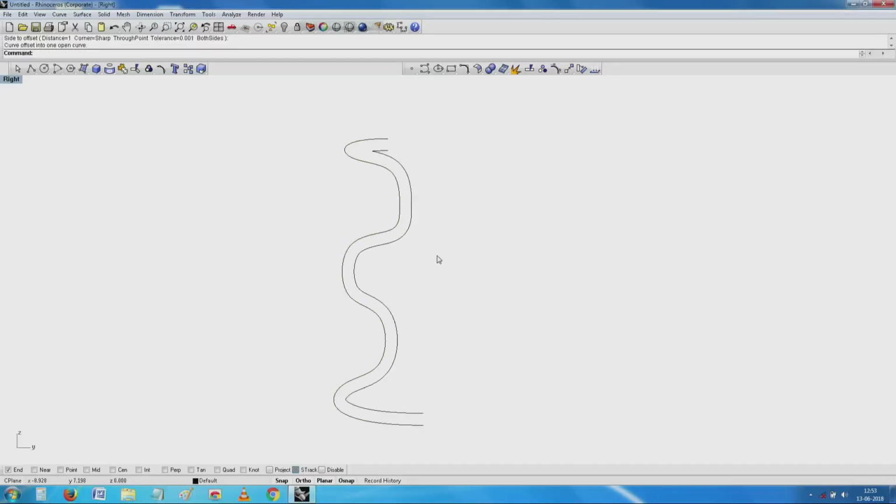See, I have got a thickness built inside already. This is where you have a slight advantage compared to any other conventional thing.